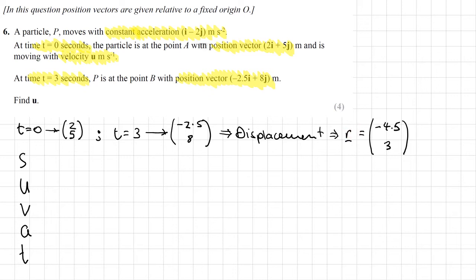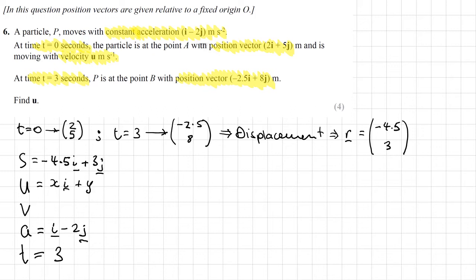So we need a displacement here. Let me write it in i and j to save a bit of space. So negative 4.5i plus 3j. That displacement took 3 seconds. The acceleration we have is i minus 2j. And is there anything else that we have? Well, we don't need anything else really. We've got 3 things to find the fourth, and the fourth is u. So that's what we need to find, and I'll call that xi